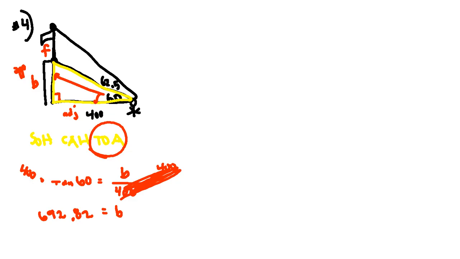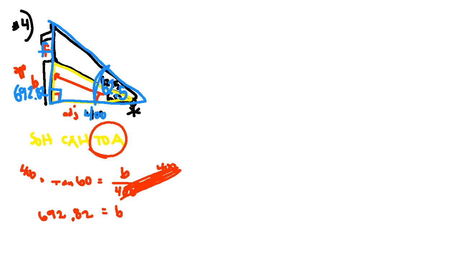Let me change colors. Let's go to blue. All right, now I'm going to try to find this big triangle. It's still a right triangle. I now know that B is 692.82. I know that this is F. I know that this is still 400, and I know that this angle is 62.5. So now I'm going to do tan again, but with the